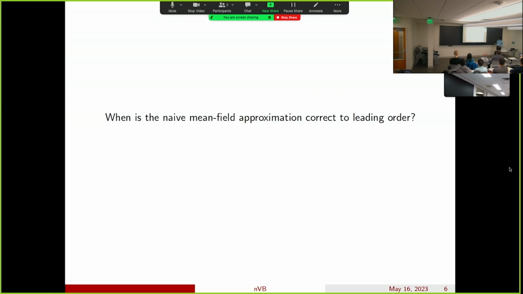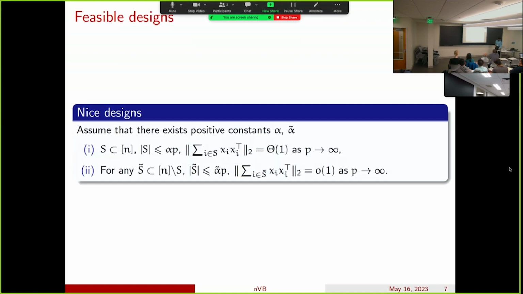Okay, so this brings us to the next question. When is this a reasonable thing? When is it actually the case that the posterior is kind of approximated by the naive mean field approximation to leading order? So that sort of will bring us to our first main result